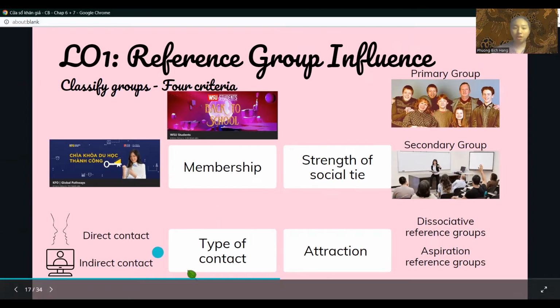The third criterion is type of contact. We have direct contact and indirect contact. Direct contact is communicating face-to-face, and indirect contact is interacting via an online platform like Zoom or